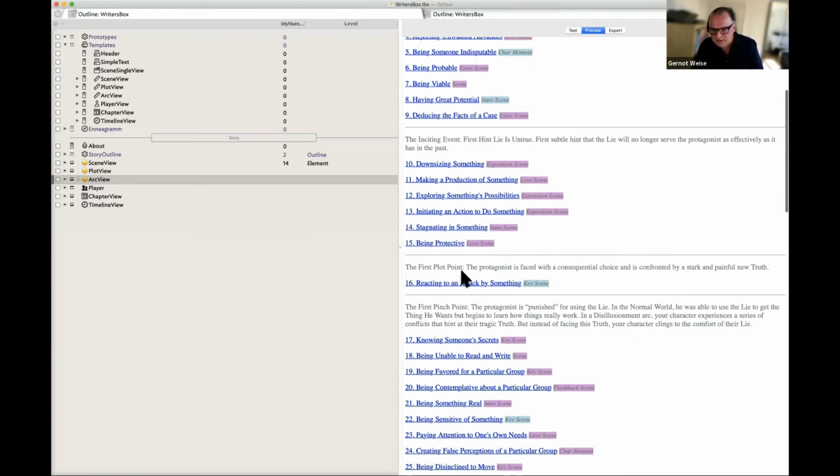For example, this scene is the first plot point. It's a very important scene in an arc to get a story started, basically. It's always the first plot point when the protagonist or the hero decides to go for it and make a journey to get the girl or go out for the treasure or whatever. That's basically the most important story plot point in every story, the first plot point.